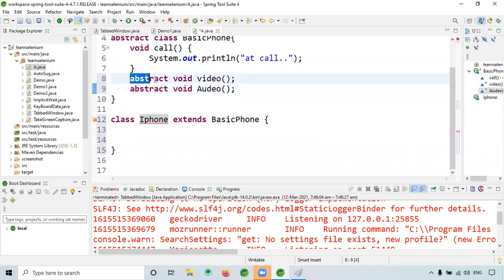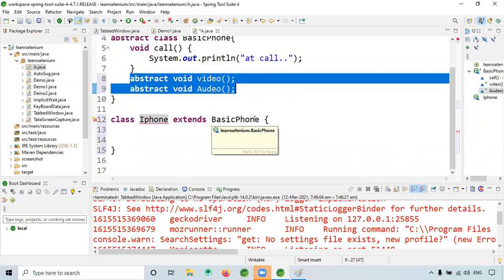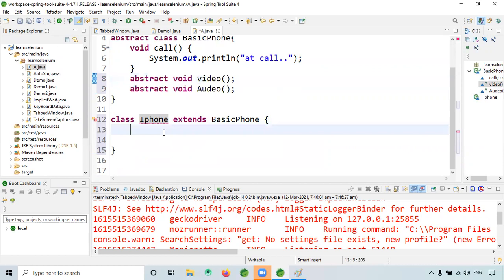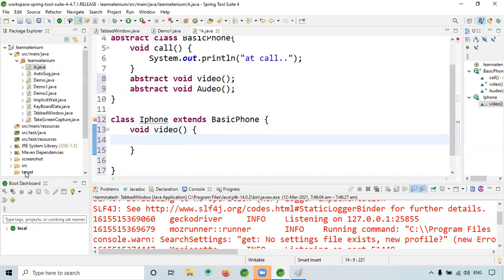One choice is that you have to complete both methods. So it is just like void video, you have to complete it.